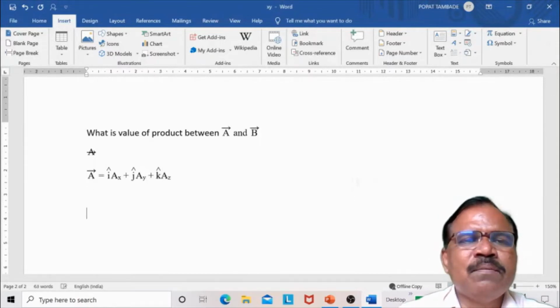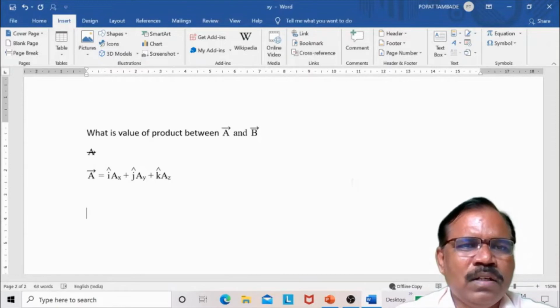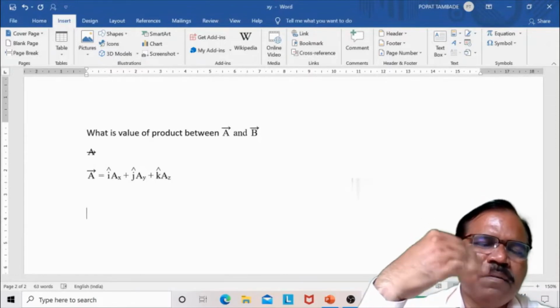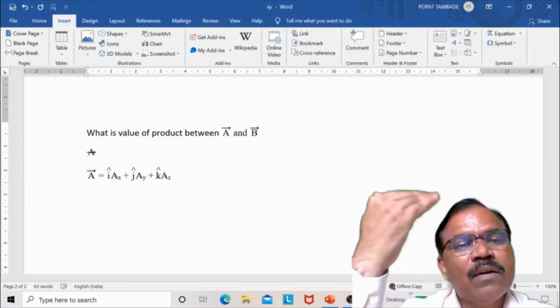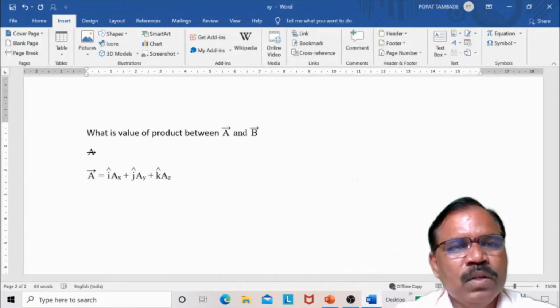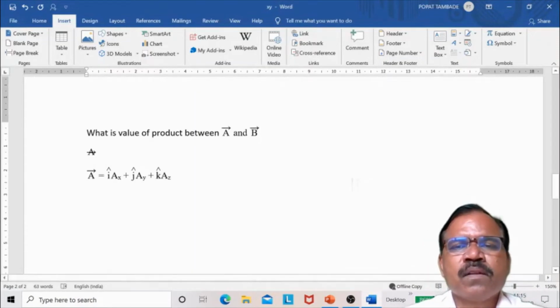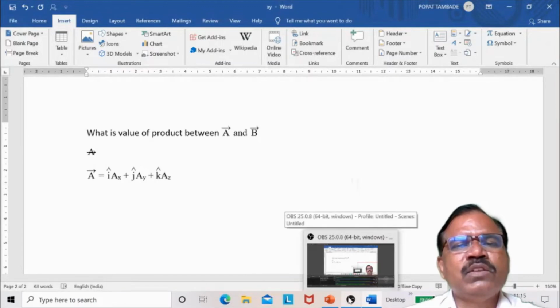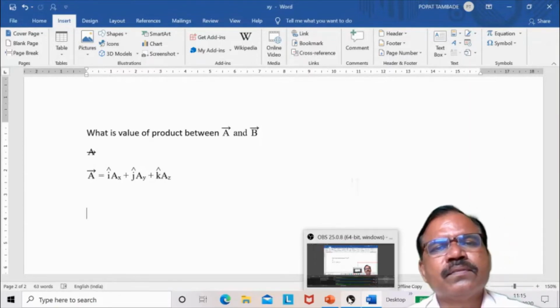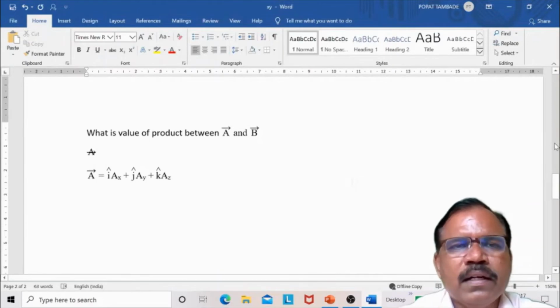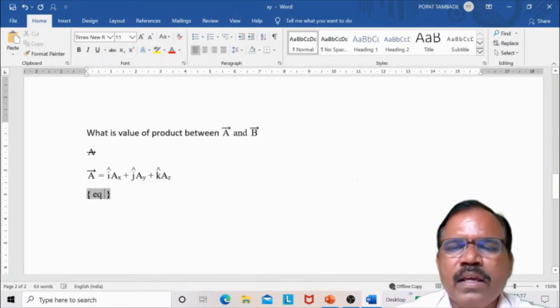So in that chemical formula, I require a double bond and a single bond, and that double bond is on C, and then on that we have again O. So I will write that. For that purpose, I will require some shortcut keys. Shortcut keys for a double bond and a single bond. So open field, Control F9, EQ.